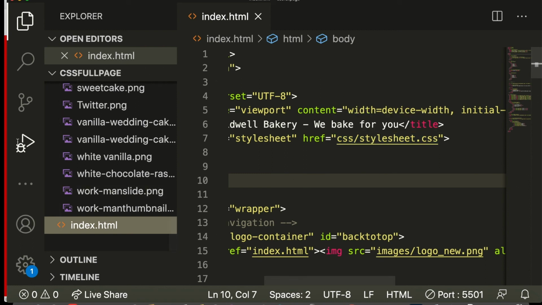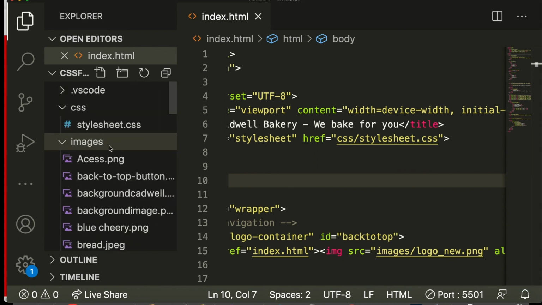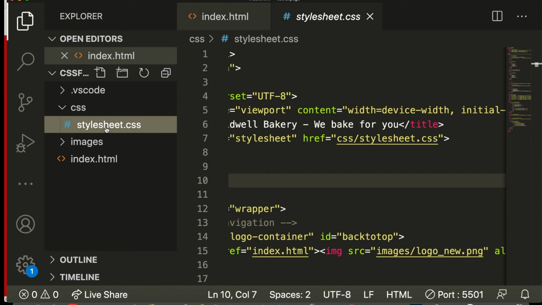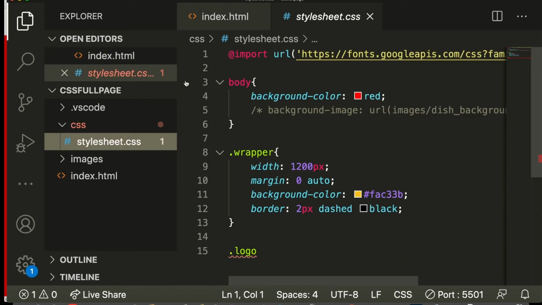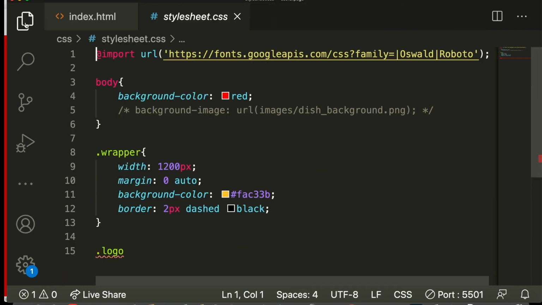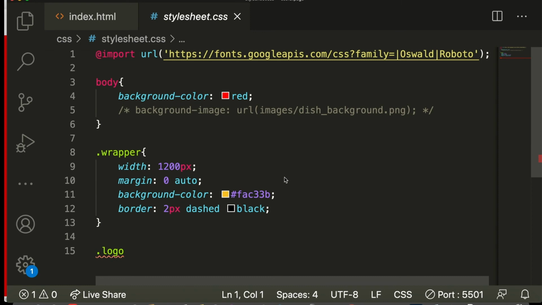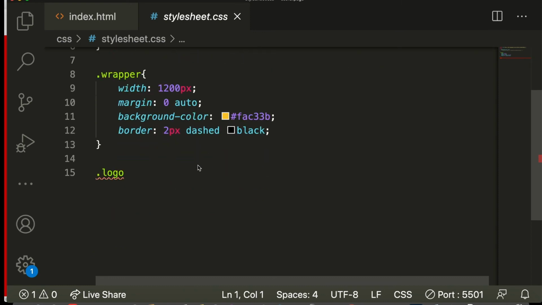That's where we're going to work; we'll be working a lot. So let's go to the style sheet. Make this one small. Okay. So we put a wrapper as a